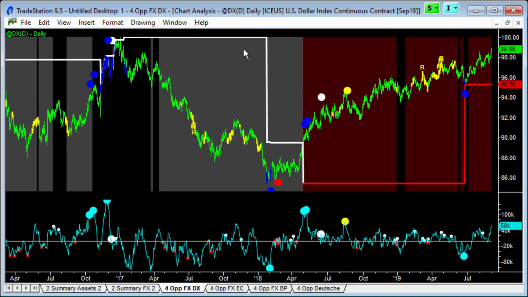We're coming up to this 100 level, which with the last peak was psychologically really important, and those are the levels that will start triggering the exhaustion buying and the panic buying and the blue professional bars coming in, similar to what we saw here and down here. So again, the readings are at mid better momentum levels. They're not at extreme levels yet, but I imagine we're going to see that again in the next few weeks as the money rushes into the dollar index and panics out of the euro.